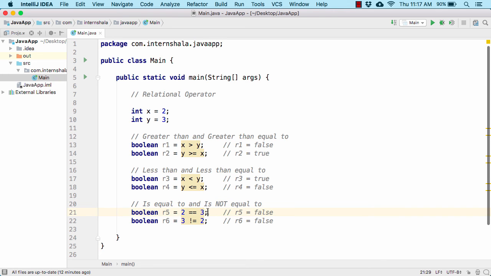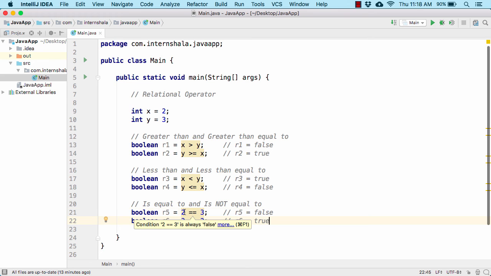So we always read it as: is 2 equal to 3? And here we have not equal to, which we read as is not equal to. So is 3 not equal to 2? In this case we get the answer false because 2 is not equal to 3 is asked. And here we have 3 is not equal to 2, which is actually true, not false.